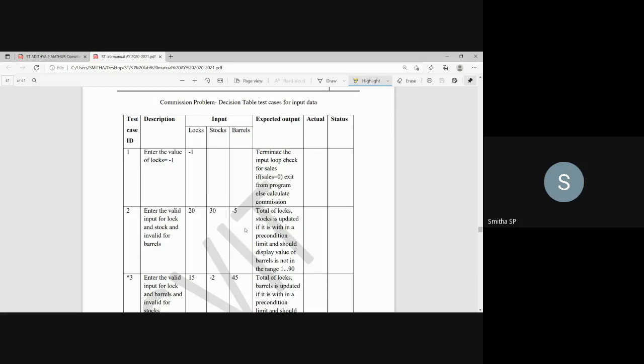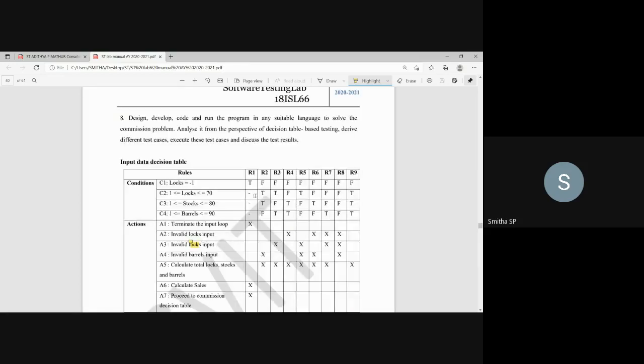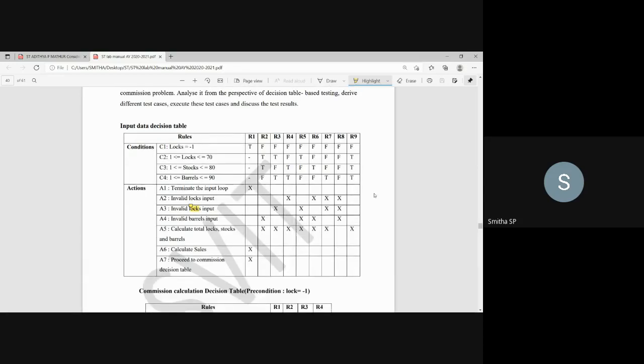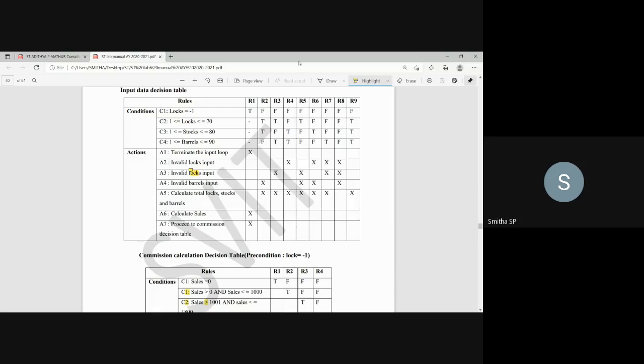Okay, why am I taking this decision table and explaining these test cases? If you remember this decision table, there is no need to learn these test cases by heart. You can make your own entry: what should be the valid input, what should be the invalid input, and what should be the action. So please remember this decision table. In order to write this decision table without memorizing, you should know the problem statement.